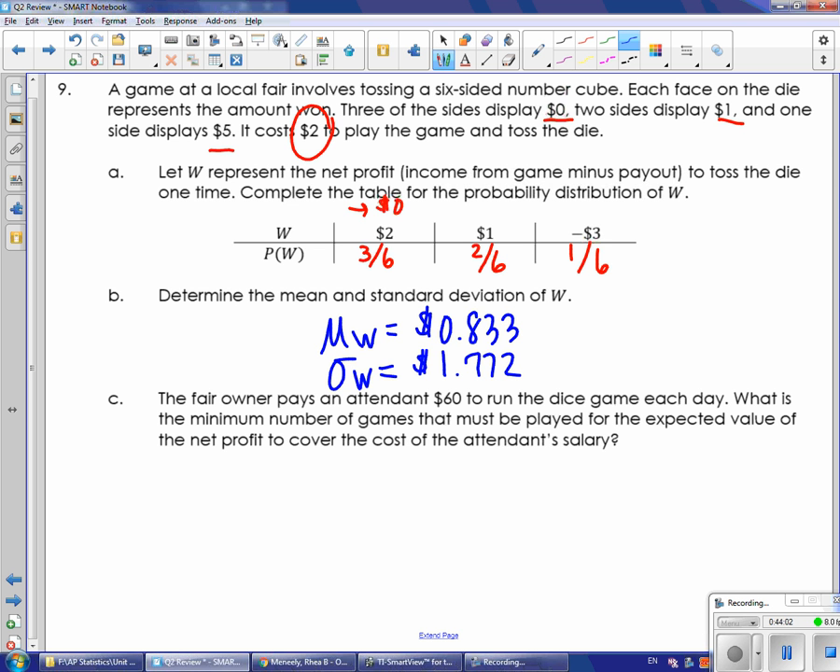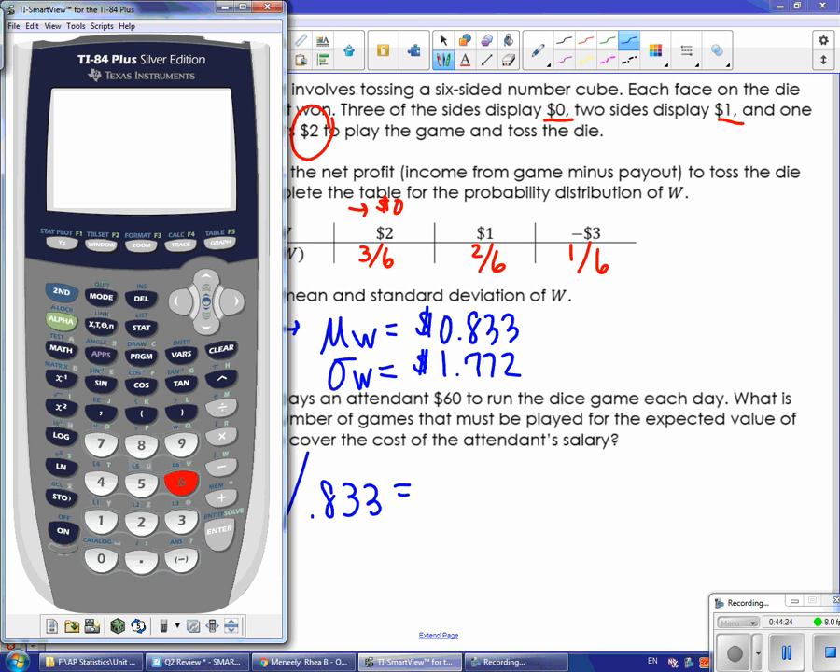What's the minimum number of games that must be played for the expected value of the net profit, which is what we have here, to cover the cost of the attendant's salary? Well, if I'm expecting to make about 83 cents per game, and I need to raise 60 bucks, all I need to do is take that $60 and divide it by the expected winnings. And so if I take 60 and divide it by the 0.833, I get